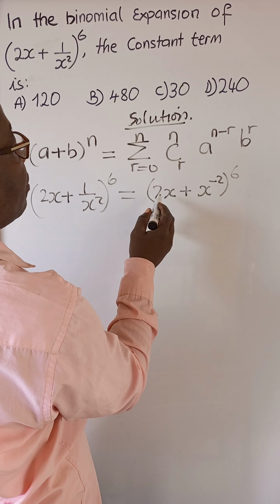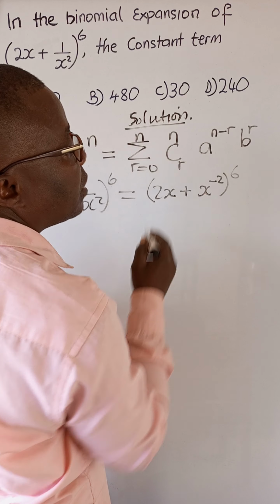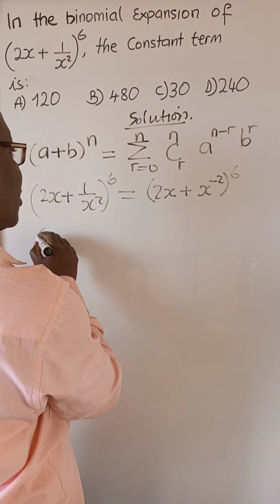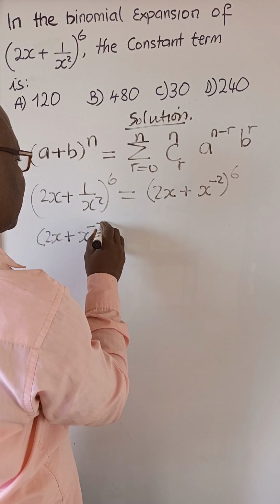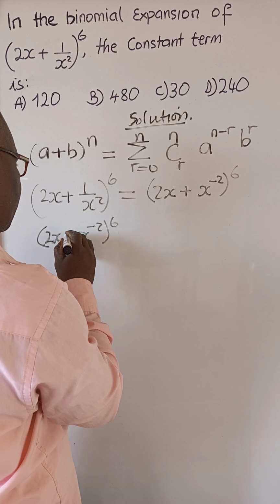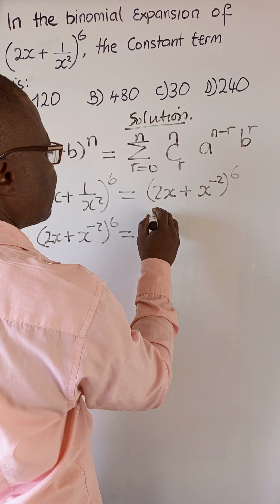So that here, our a is 2x and our b is x to the negative 2 and our n is 6. So by the binomial theorem, this will be equal to this series